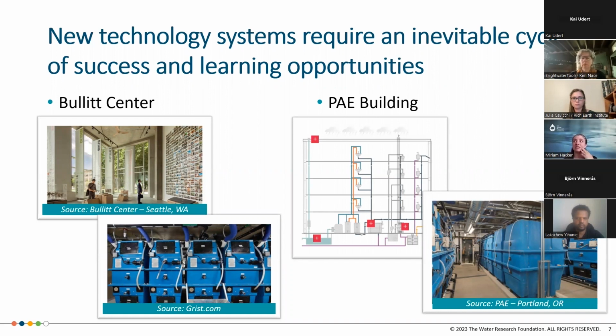from Seattle, Washington, is the PAE building, which is a similar design. It's a commercial building that was put towards very specific standards for sustainability. One thing that's noticed is that if you look and compare side by side, they have a composting toilet, but in contrast to the Bullitt Center, they improved it by following some of the recommendations. I'm not sure if they're directly connected, but they started more evenly distributing the waste that was going between the composters. They built in more space. They also were separating the gray water into its own storage to be able to be treated for on-site reuse through toilet flushing and non-potable purposes.